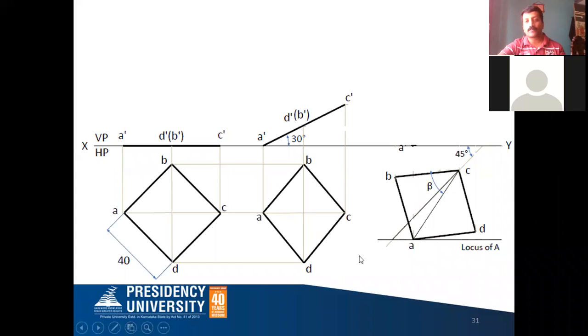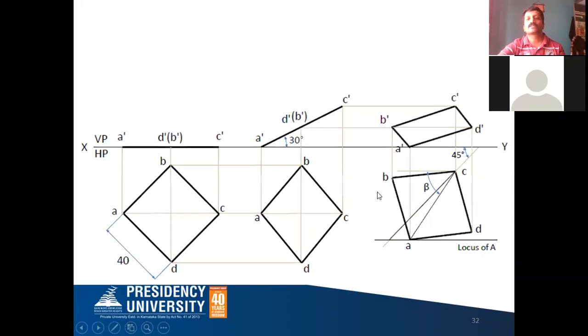After completion of your top view, the front view is very easy as usual. Keep on drawing the vertical projectors from all the points of your top view, and keep on drawing the horizontal projectors from all the points of your front view also. Now we coincide the points and locate them. A is here, A dash is here, this is A dash.